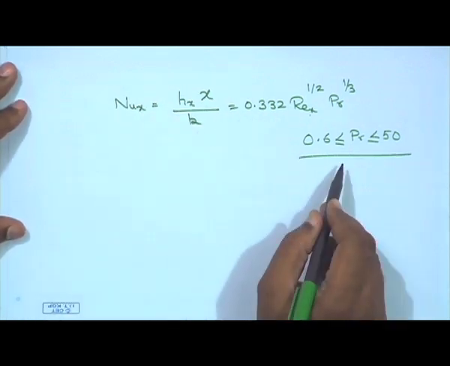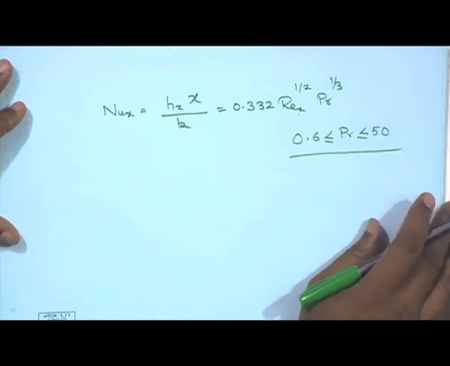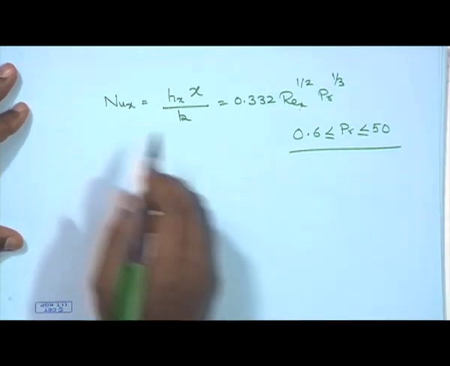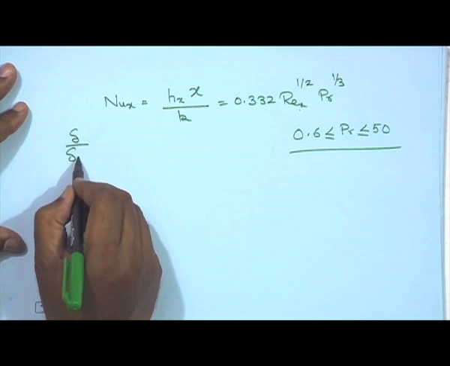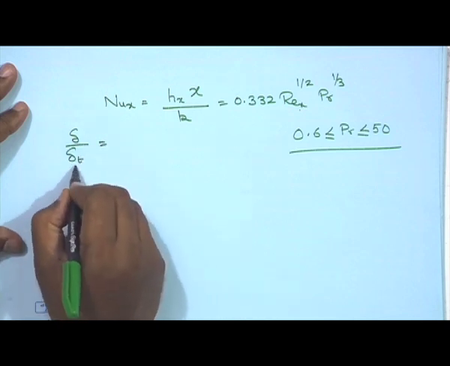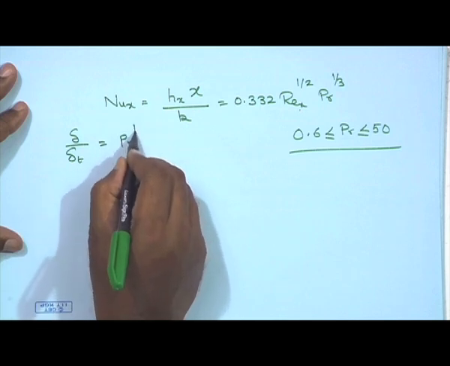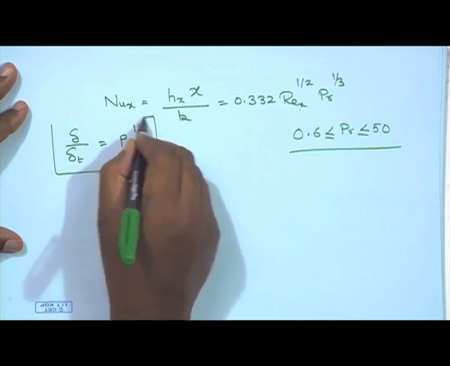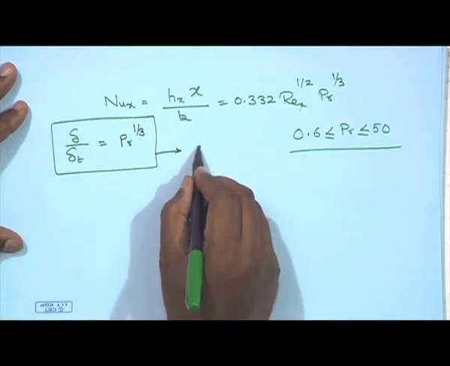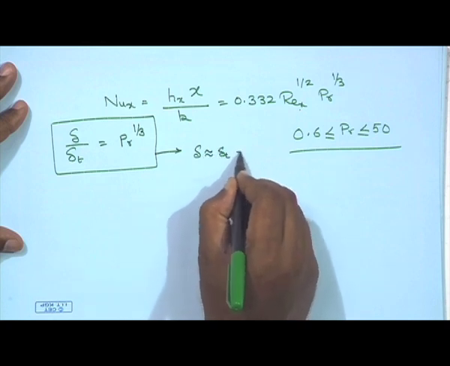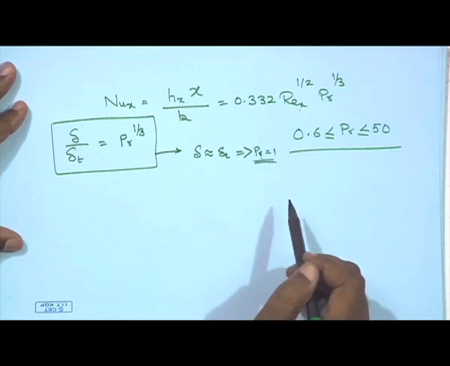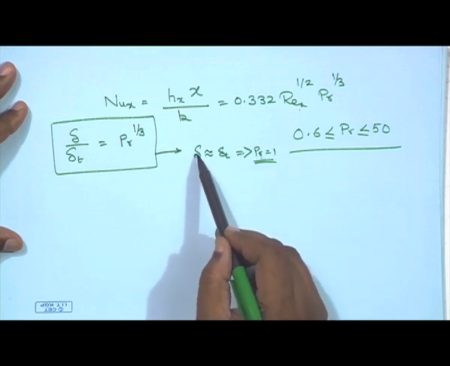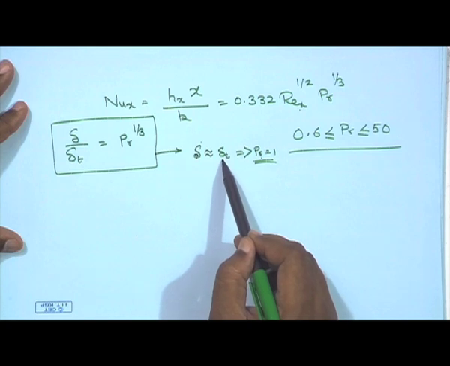But anyway, we are here where we have obtained an expression for the Nusselt number, and you would also be able to see that if you find out delta, the thickness of the momentum boundary layer, divided by the thickness of the thermal boundary layer, this is Prandtl to the power 1/3. Therefore, of course, it follows that delta would be equal to delta T when the Prandtl number is equal to 1, but that does not happen in most of the cases. So, you will either have the hydrodynamic boundary layer to be thicker than the thermal boundary layer, and so on.